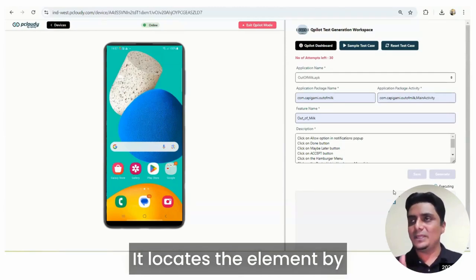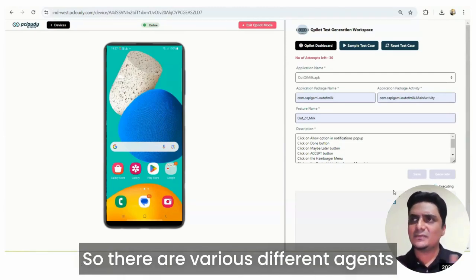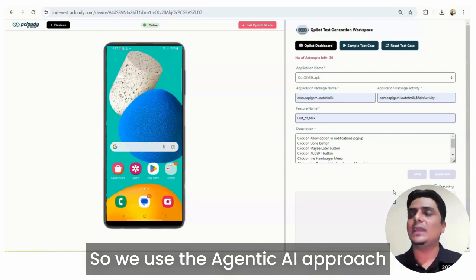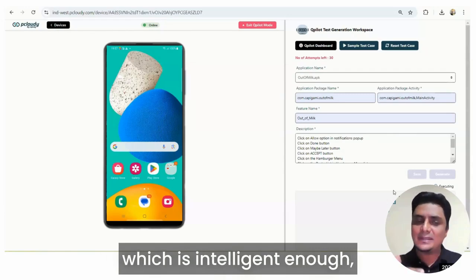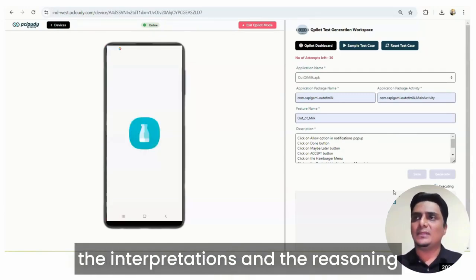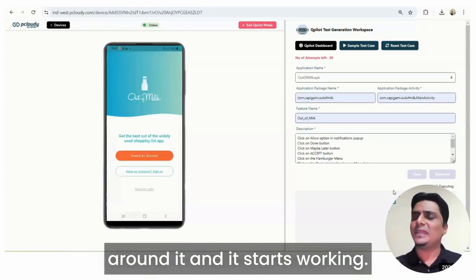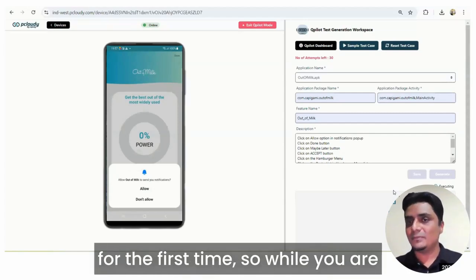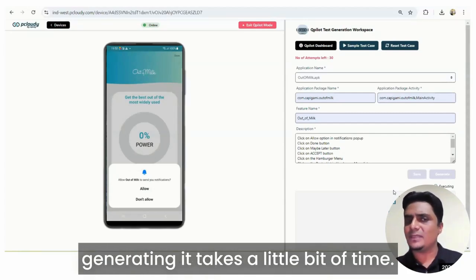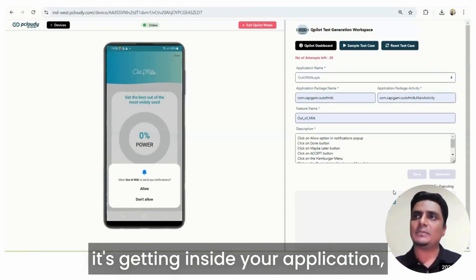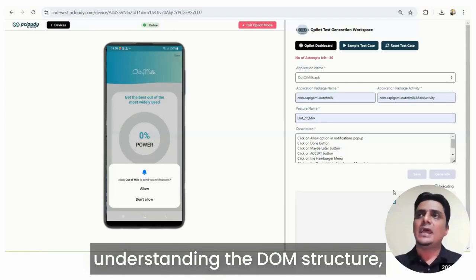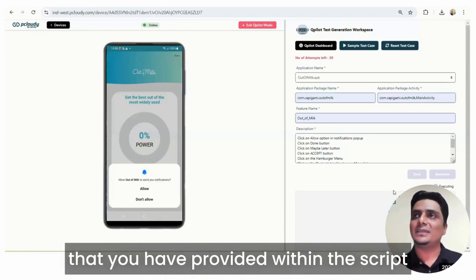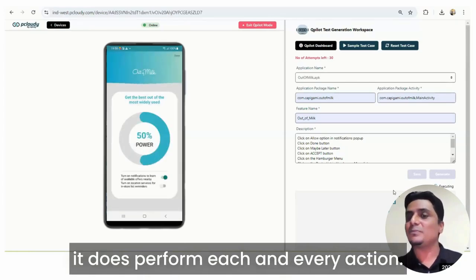It locates the element by using various different agents. There are various different agents within Qpilot, as Avinash mentioned in the slide. We use the agentic AI approach, which is intelligent enough, understands the various interpretations and the reasoning around it, and it starts working. While you're creating your automation script for the first time, while you're generating, it takes a little bit of time. That's because at the backend, it's getting inside your application, understanding the DOM structure, validating each and every description that you have provided within the script, and it locates the element and performs each different